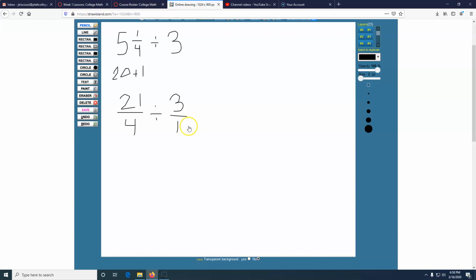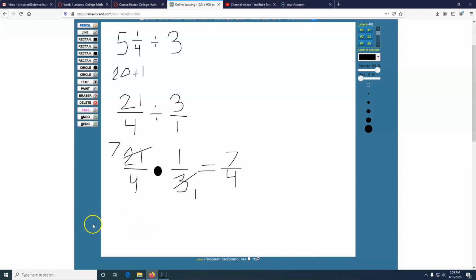Okay, so from here, we'll do what we just learned before. Keep, change, flip. 21 over 4 ends up changing and flipping. So we have 21 over 4 times 1/3. So we can see we cross out here. 3 goes into itself 1 time, and 3 goes into 21 7 times. 7 times 1 over 4 times 1,